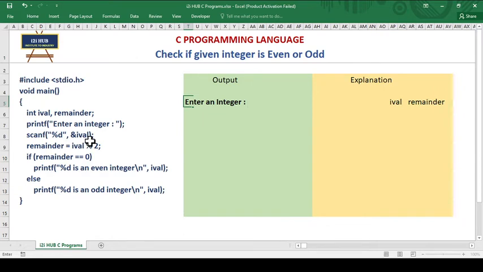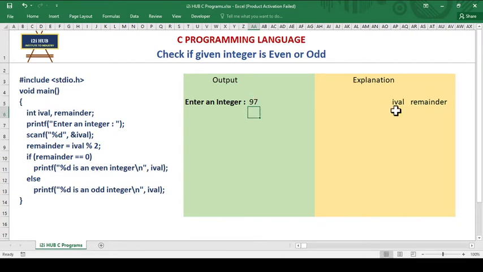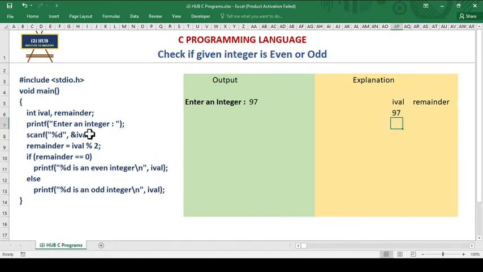It is expecting some integer value from the user and it will store it in the ival variable. So suppose the given integer from the user is 97. As soon as we enter this, 97 will be stored inside ival, because we are storing 97 into the address of ival.